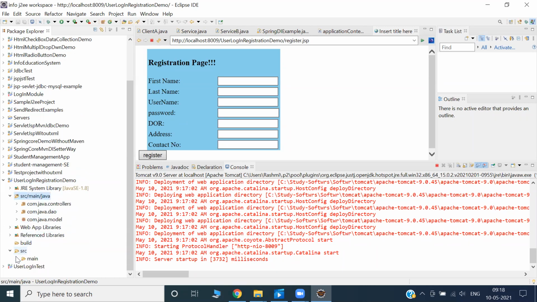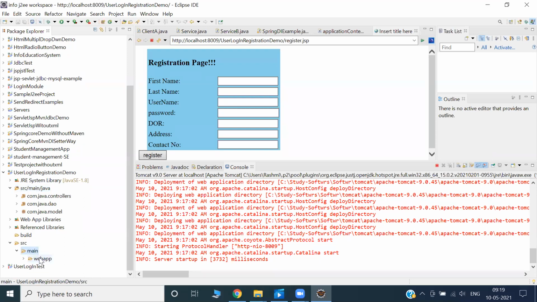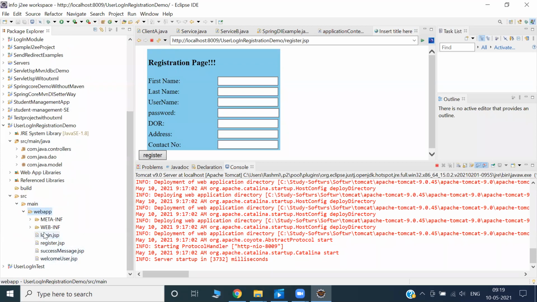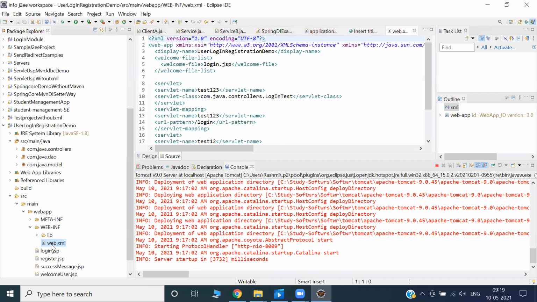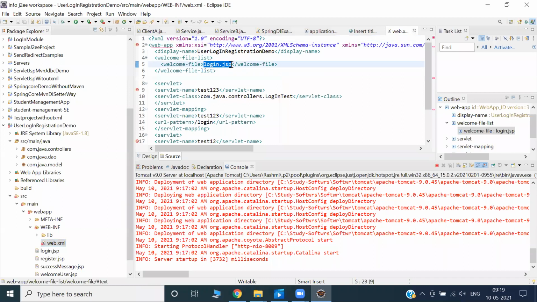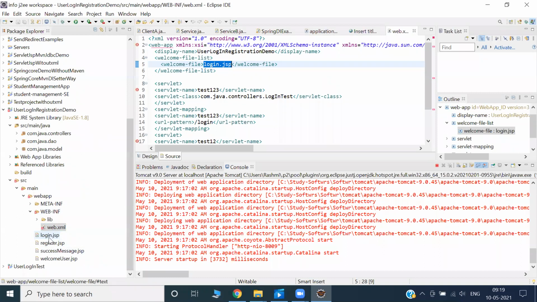Okay, I can open this one. Who can tell me how I should go? What is the entry point? Whether I have approached this application with the help of web.xml or without web.xml. I think web.xml. Web.xml can help us track from where to start to where to reach. There is a login.jsp, which is the welcome file. Hey login.jsp, are you there? Yes, login is telling yes, I'm here.